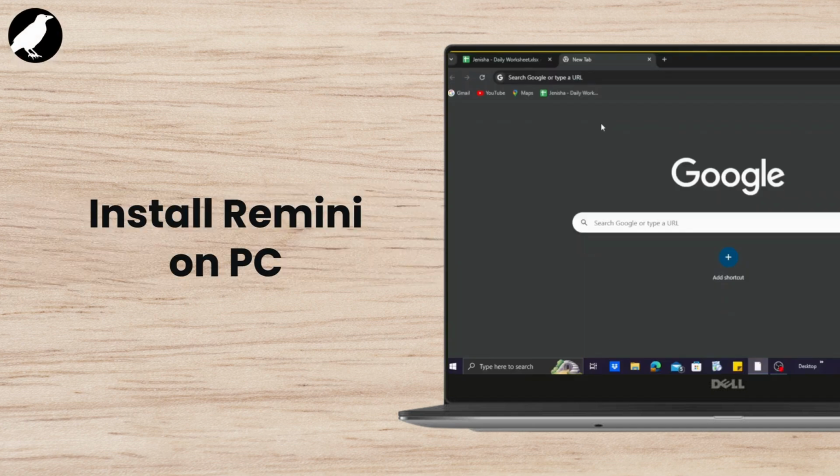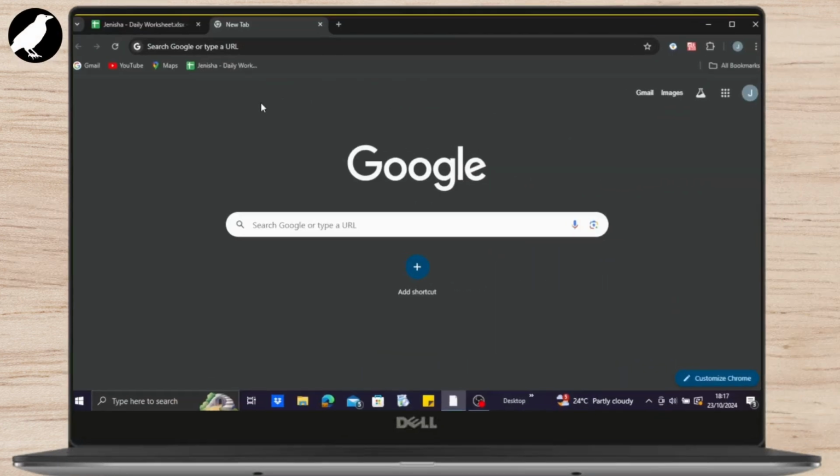How to install Remini on PC. So in order to install or download the Remini app into your PC, you just need to follow some simple steps. The step number one is just open up your browser and you may just search for Remini download for